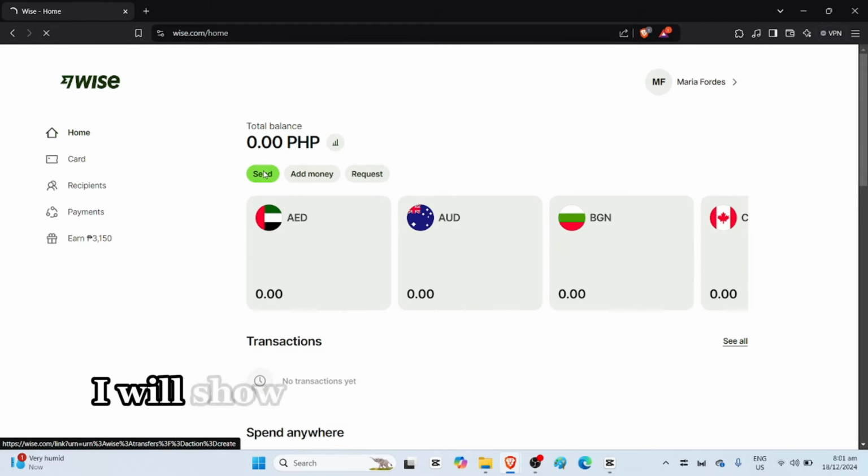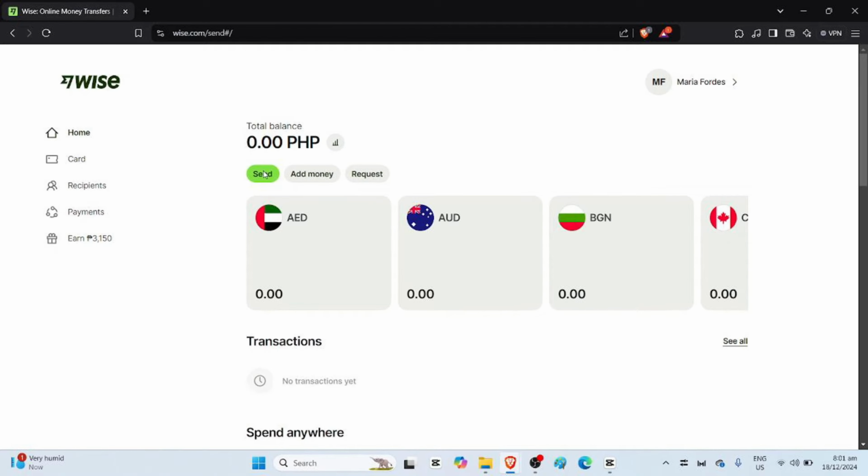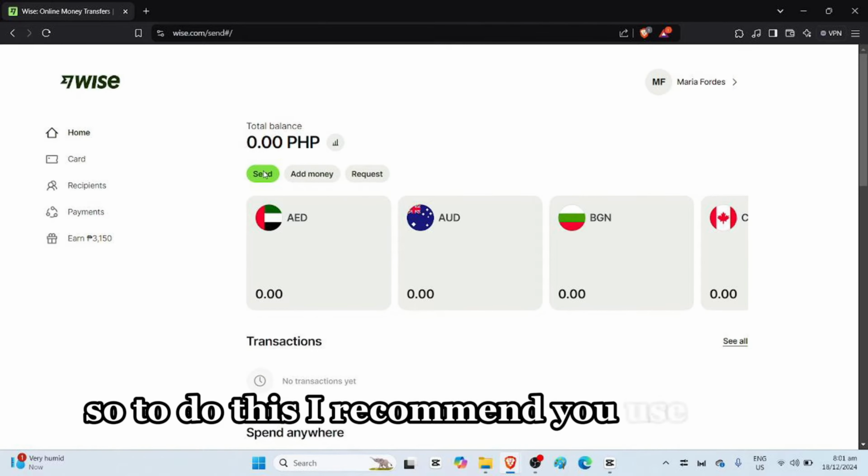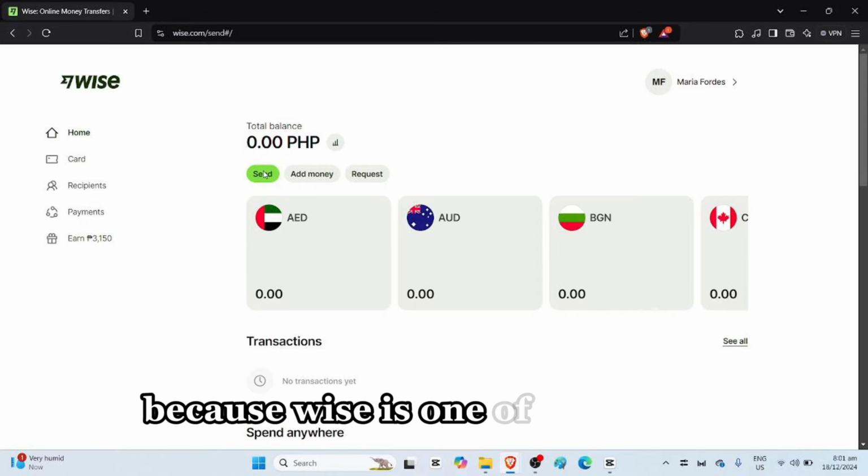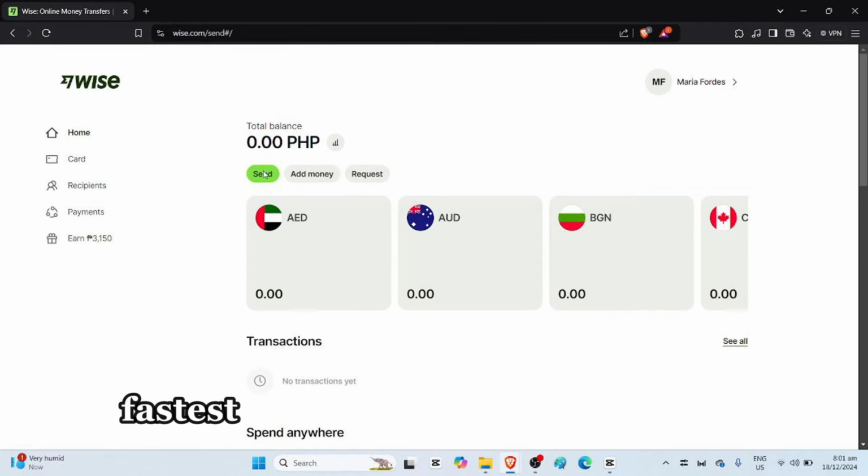In this video, I will show you how to transfer money from UK to Bangladesh bank account. So to do this, I recommend you use Wise because Wise is one of the easiest, fastest, and cheapest ways